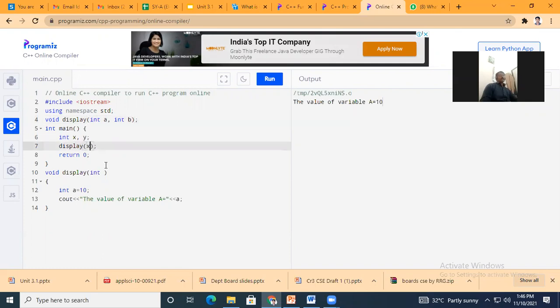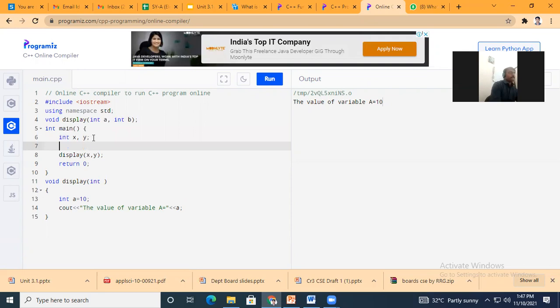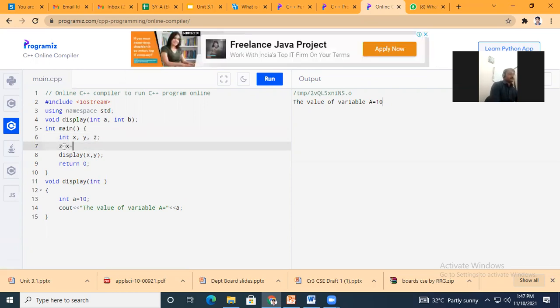Okay, and here, when I call the function, I will call, okay, here what I will do the addition. Okay, instead of 2, I will write only one function here.